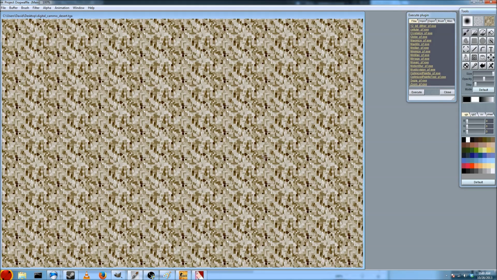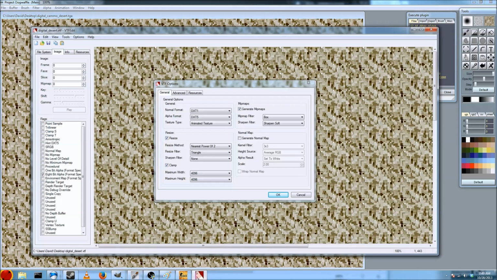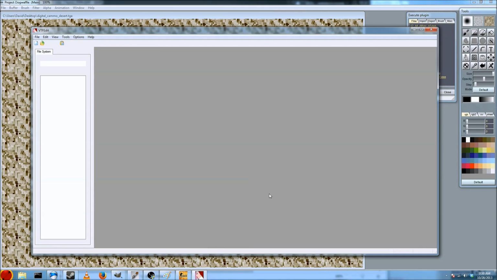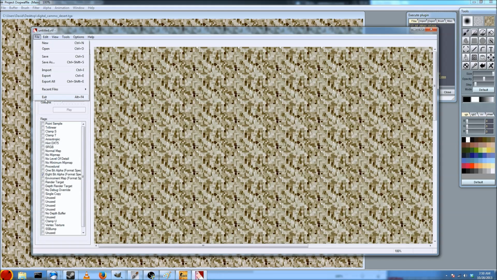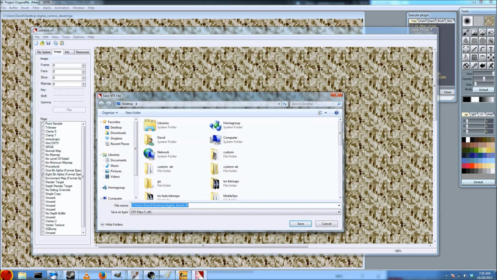May take a few seconds. Here we go. Now click OK. And here we go. Now we're going to save it. Click File, Save. Save it anywhere you want, and it will be digital, and it will say the same name